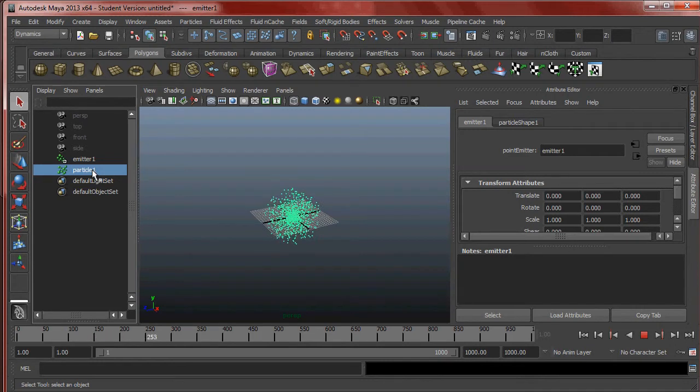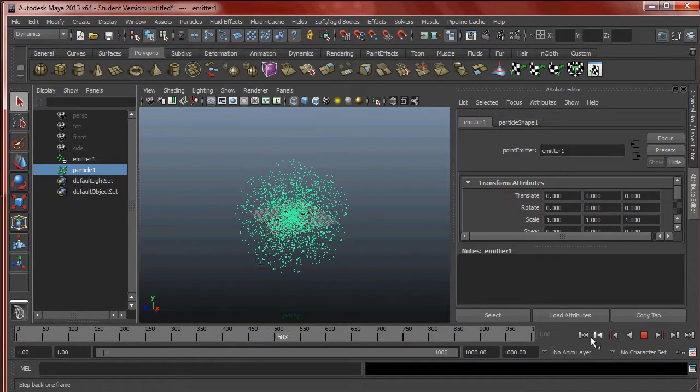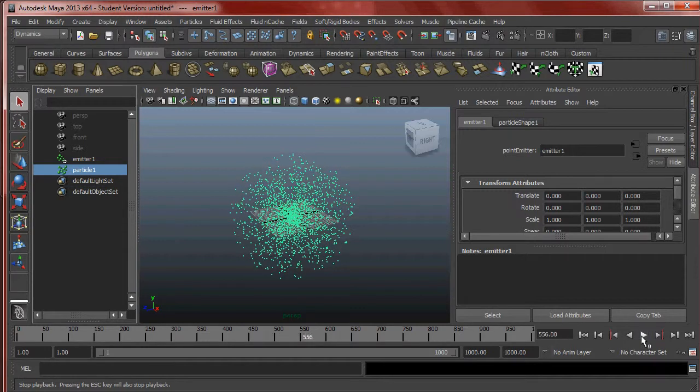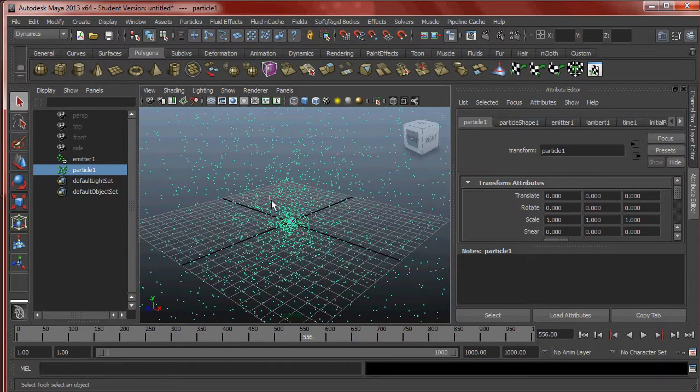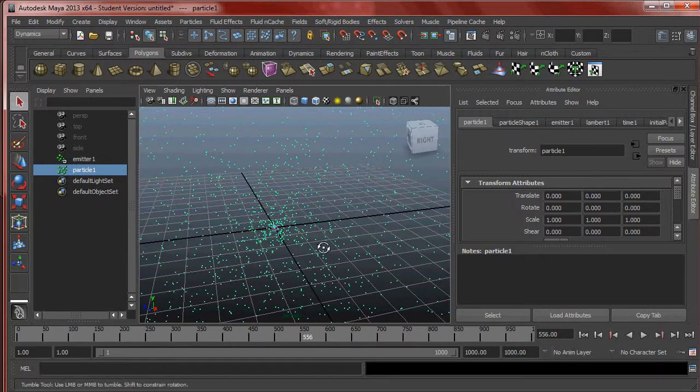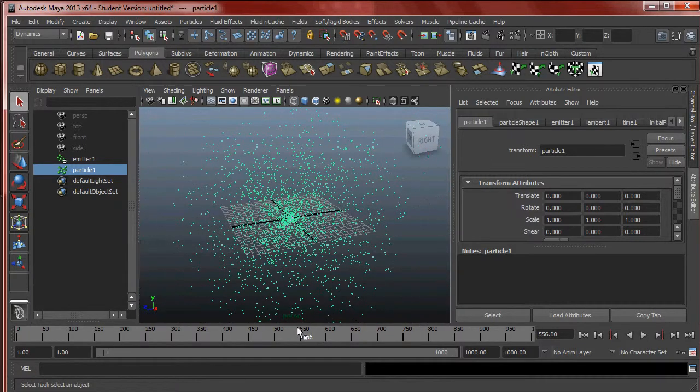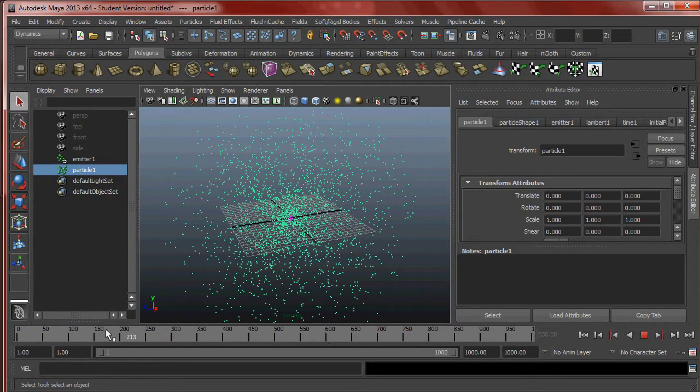What we're going to do now is talk about some of the attributes of emitters and particles, and how we can put gravity in our scene to make our particles behave even more realistically. But an important thing to note about how particles and these simulations work on the timeline: if I press stop and scrub my slider all the way back to frame 1,